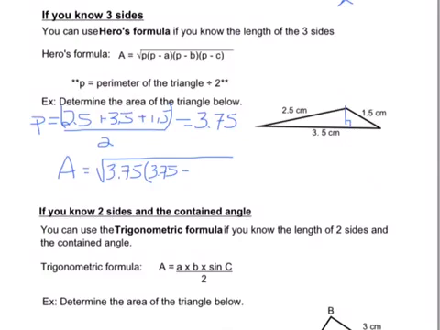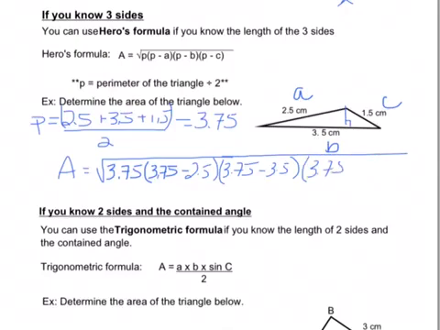It might be helpful to label the sides A, B, C. In this case, it doesn't really matter which side you label A, B, or C. The point is to make sure you don't reuse the sides more than once. So 3.75 minus A, I've labeled A to be 2.5, brackets, and then 3.75 minus B, my B is 3.5, continue my square root sign, and then 3.75 minus C,